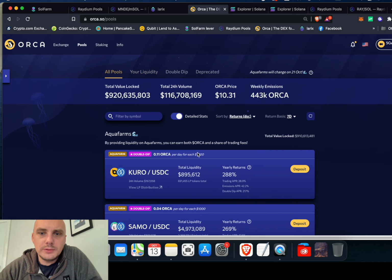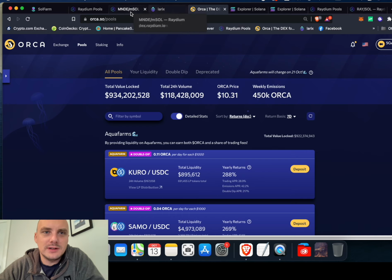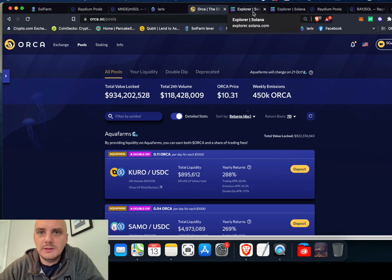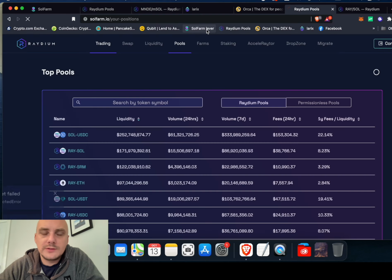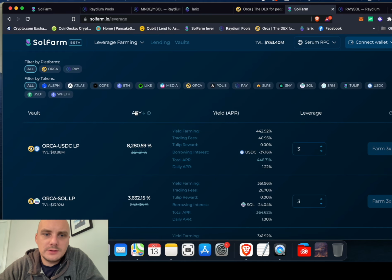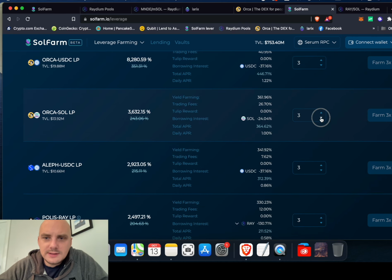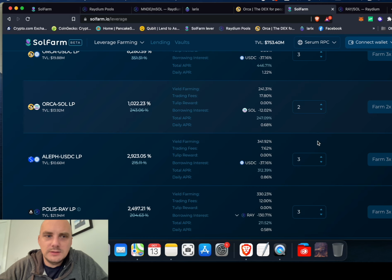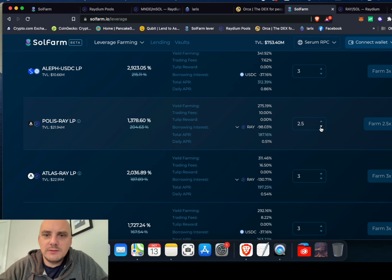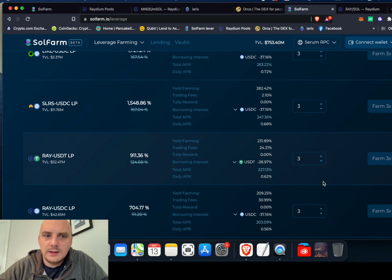Let's just see, all pools. I like the idea of around about 360% or 364% return. So how can we get that? So for that one, back to Sol Farm. Let's go to leveraged farming. Let's choose the APY, and let's not go for full risk. Let's go for maybe a 2x, and let's see which one has something around about 360% APY for, yeah, here,